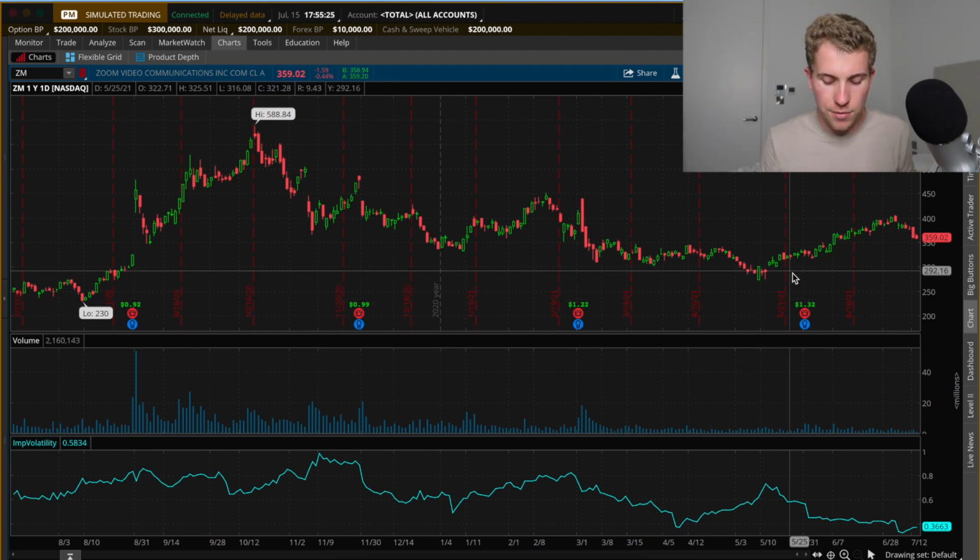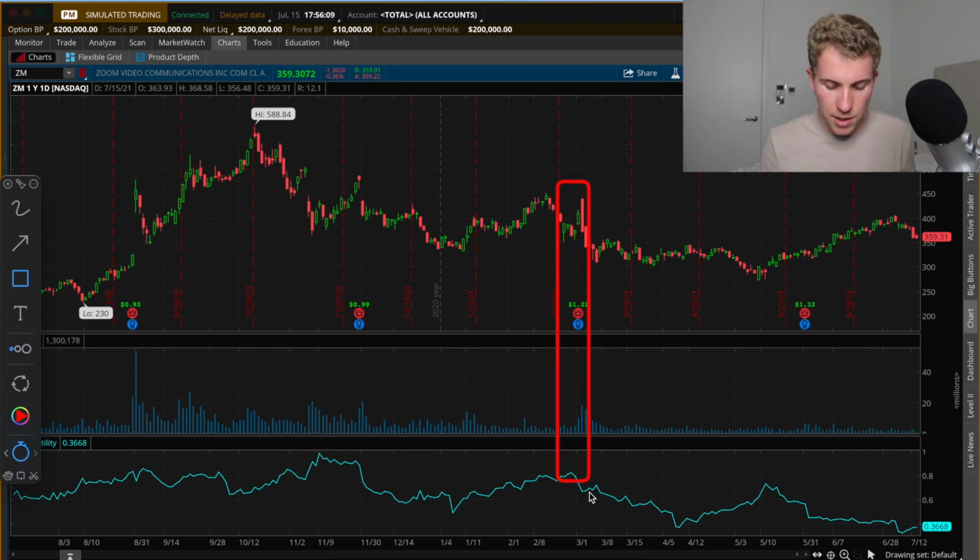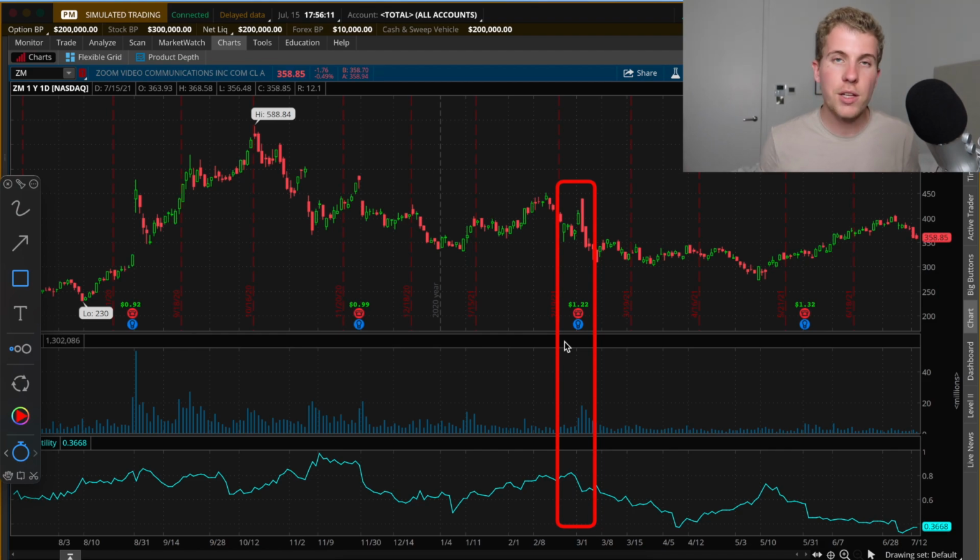So if we look at, for example, all of those red bubbles and blue bubbles, and there are some numbers also, $1.22, $0.99, $0.92. Basically that represents when earnings are happening. And what's going to be interesting is to look at how the implied volatility behaves when earnings are happening. Well, if we look at, for example, the same day where there has been the earning announcement, I've put it in the red rectangle so you can see it more clearly. You can see that the implied volatility is going down. It's actually falling the day of the earning announcement.